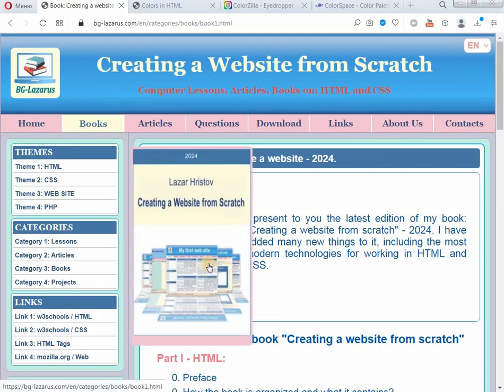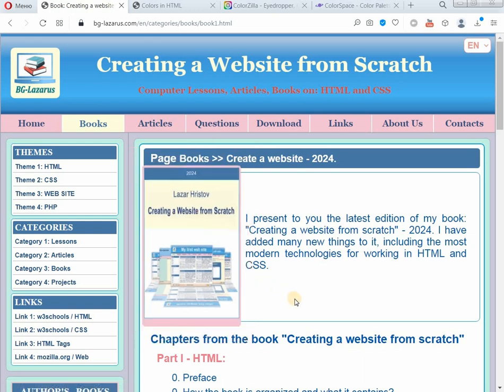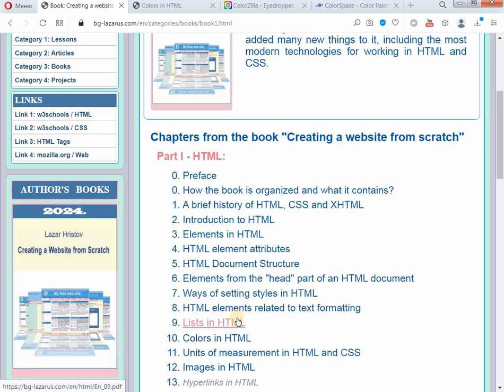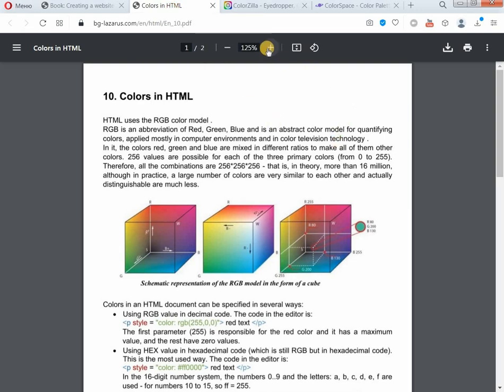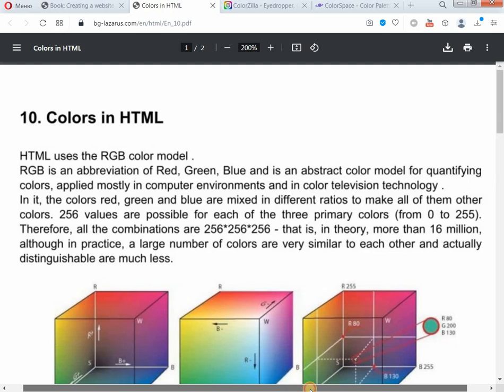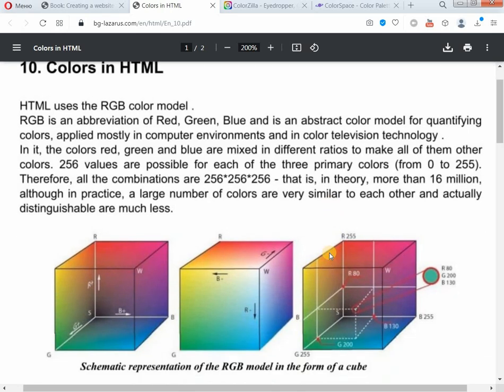We continue with the next lesson of the HTML course. Last time we looked at lists in HTML, and now we will look at colors in HTML. We open the PDF file. In HTML it is mainly used